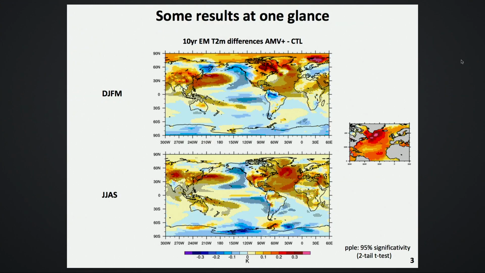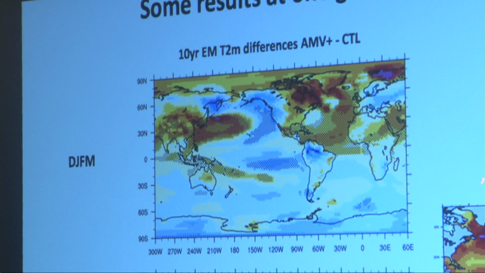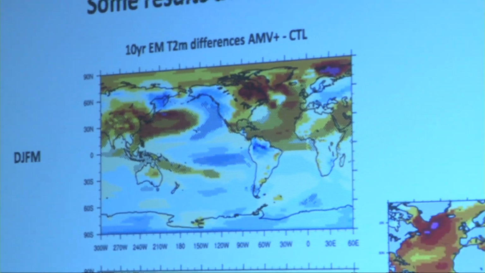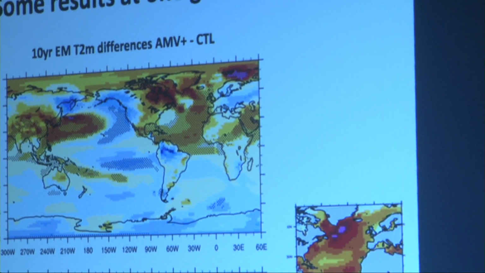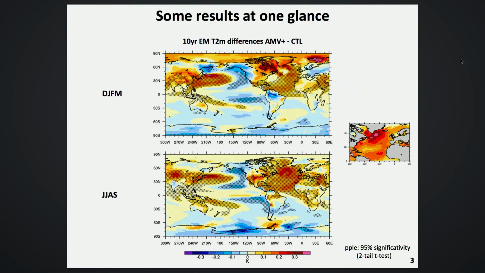So, some results quickly. This is the 10-year ensemble mean difference between the IMV+ experiment and the control experiment in terms of surface temperature. The top is for the season DJFM and the bottom for JJAS. And here I recall the Ting IMV pattern to which we try to restore our model. In JJAS, we can see that our simulation does a good job. It's a bit weaker, but the pattern and the structure are there. Whereas in DJFM,